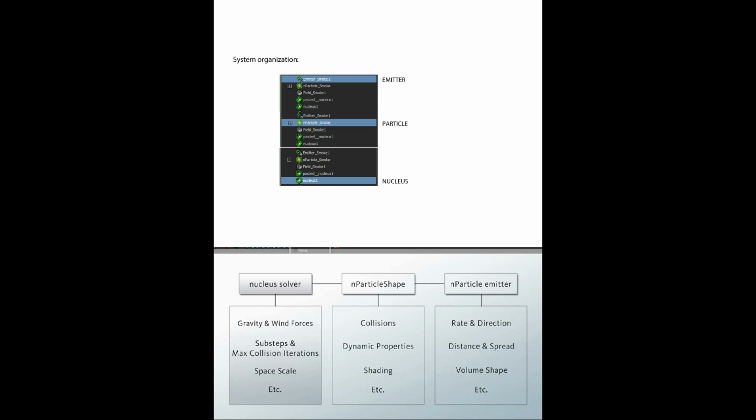Particle systems are organized into various nodes or groupings of properties and methods of interaction systems. So you have emitters, particles, nucleus systems, field vectors, and a few others. And these can be related to one another. So for instance, you can have a particle that's being produced by an emitter that's being controlled by a nucleus solver, and you can